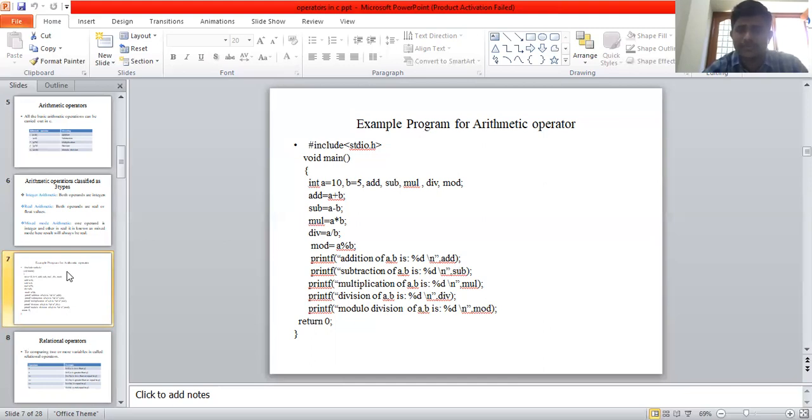Next, subtraction: SUB is a variable name. A minus B, 10 minus 5, output value is 5. 5 is assigned to the SUB variable.